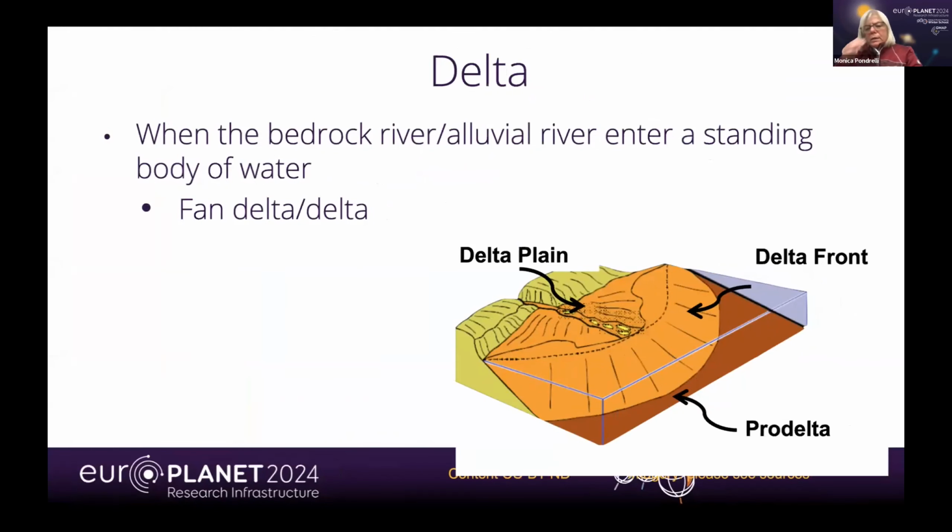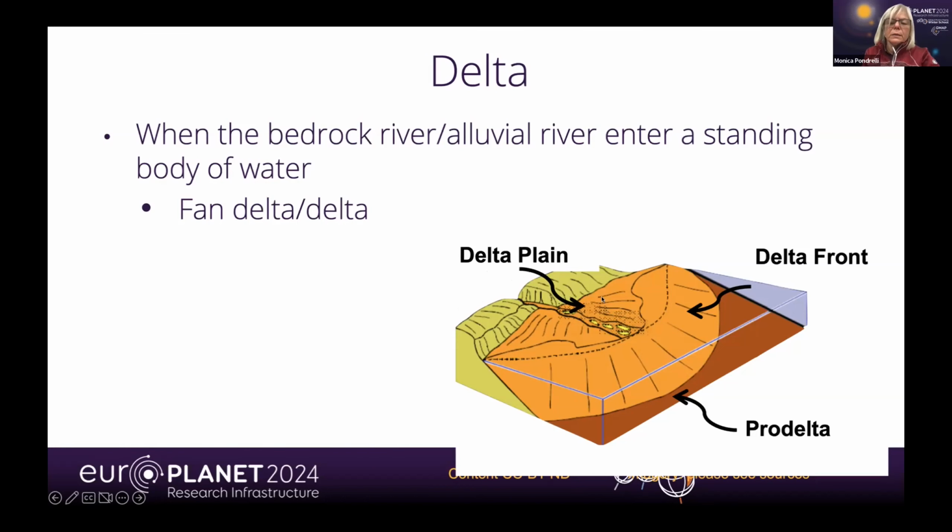Then when finally the alluvial system or even the bedrock river enters a standing body of water, we have the formation of a delta, which is a fan delta if the river was a bedrock river, so coming directly from the mountains, or a delta when it was an alluvial river. So if we have an alluvial plain